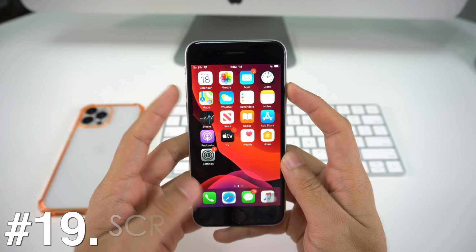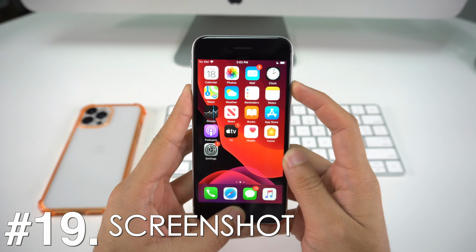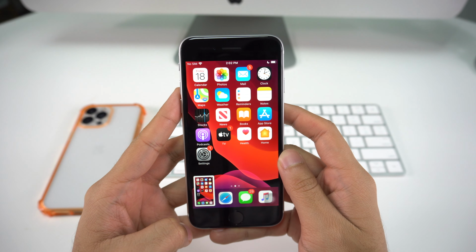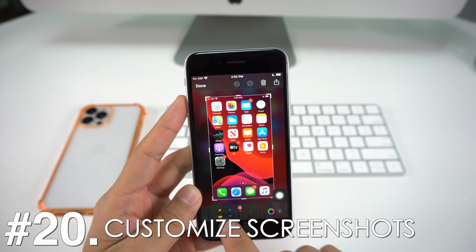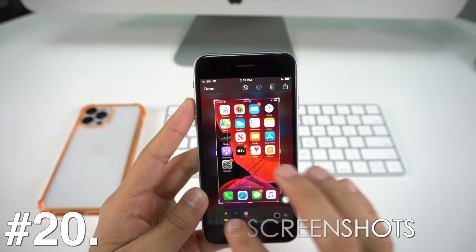You can also take a screenshot by just pressing your home button and your lock button at the same time, and that's going to take a screenshot, which you can also customize by just pressing on this picture. You can put a signature, you can draw on it, you can do tons of things to your screenshot, as